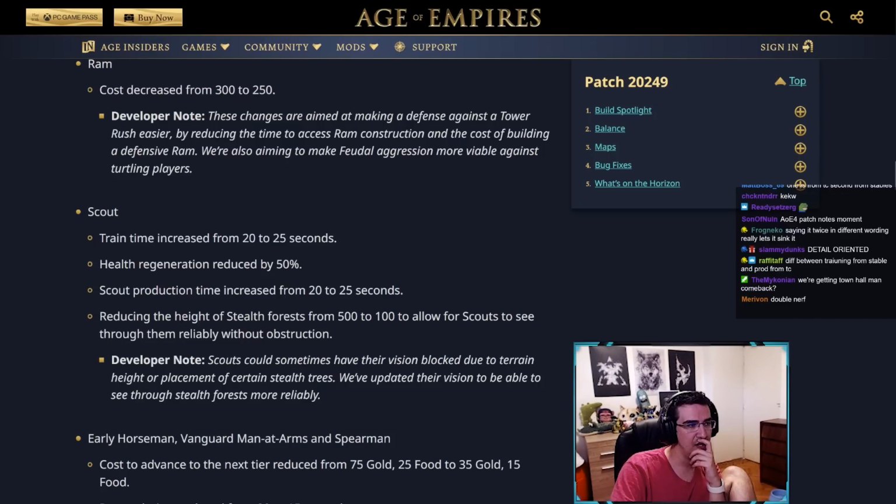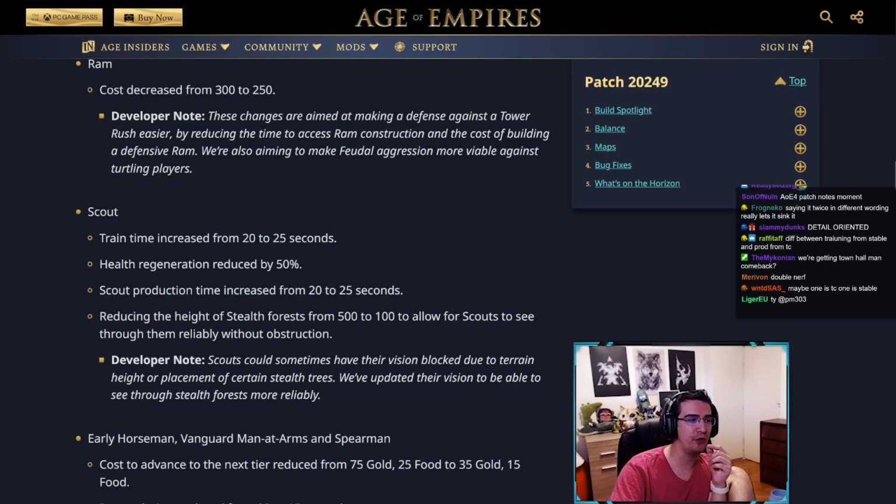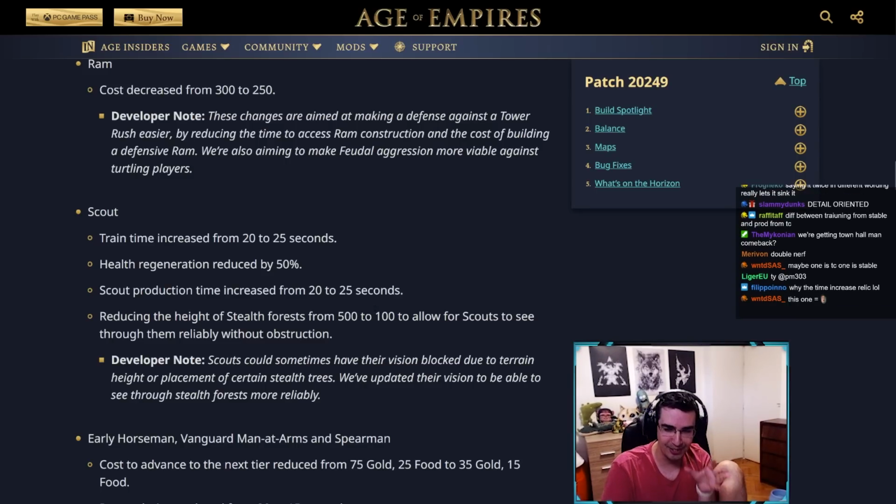Okay. Reducing the height... Oh, this is a huge one. Reducing the height of stealth forests from 500 to 100 to allow for scouts to see through them reliably without obstruction. This one I love. I don't know if you guys...